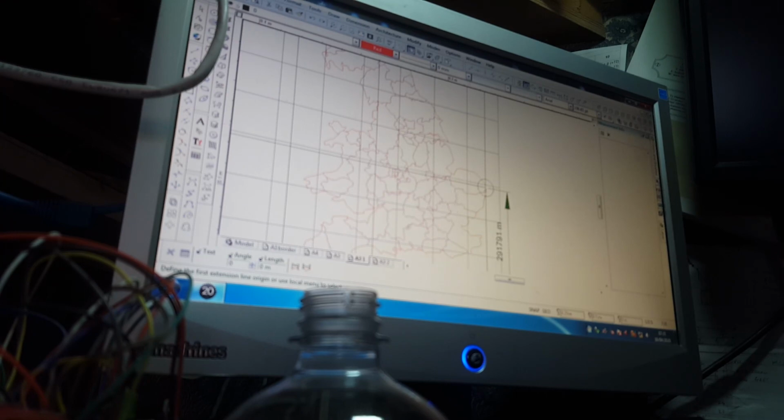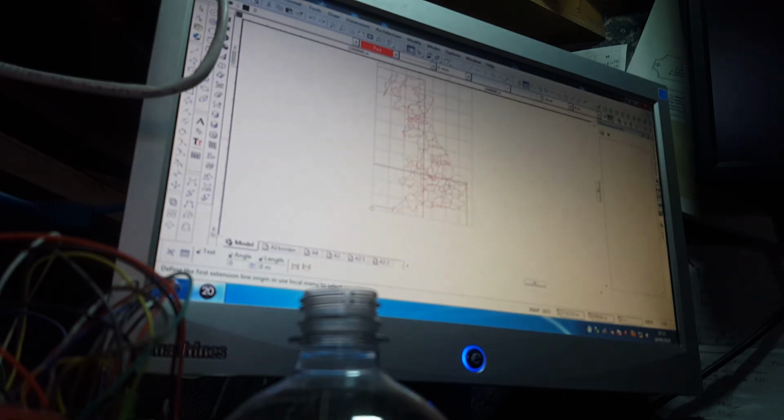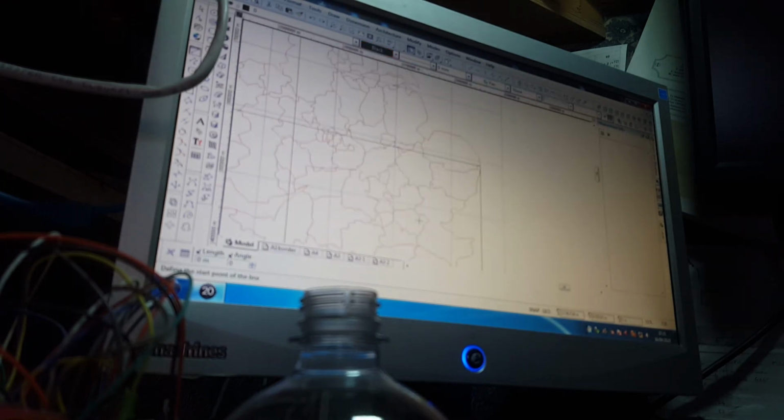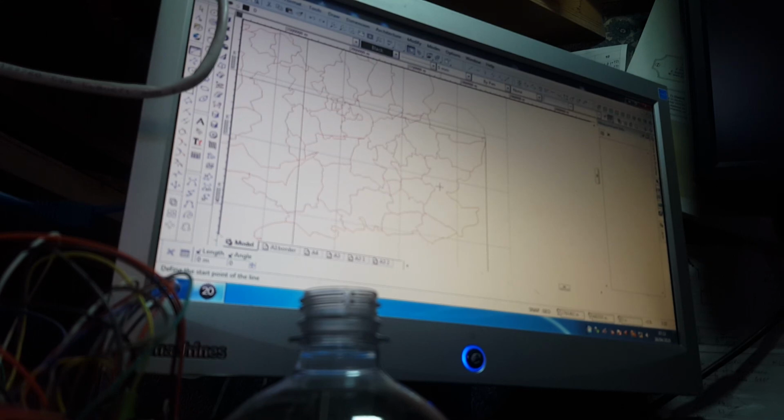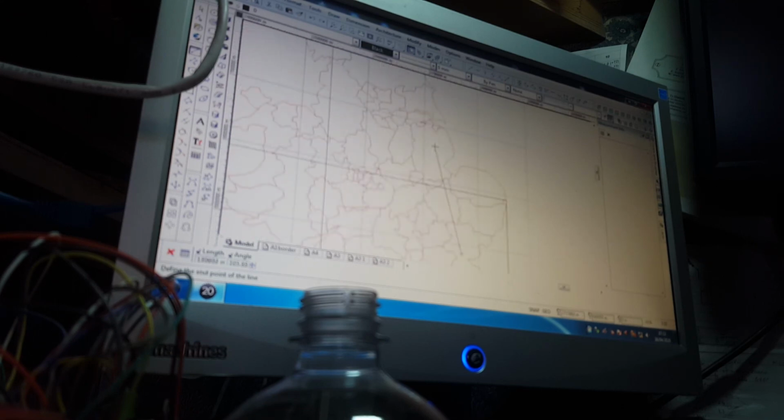Sorry, I need to draw that in model space. Let's say we come from London to Lincolnshire as the crow flies, and